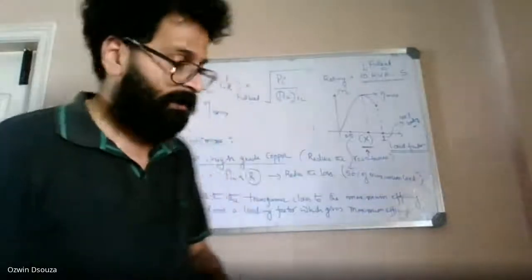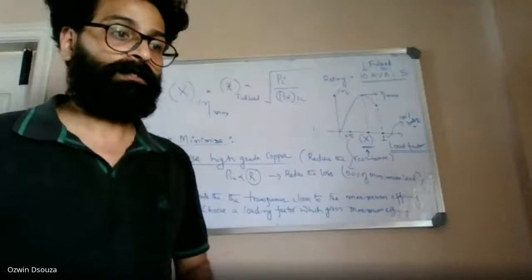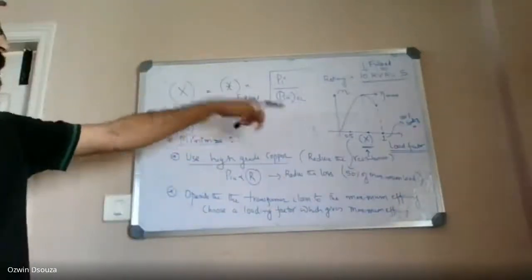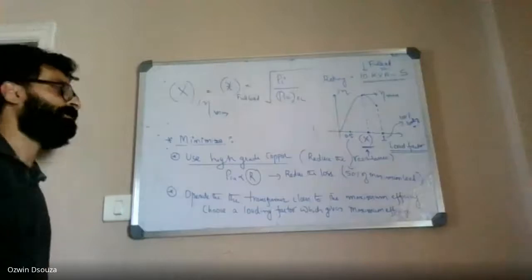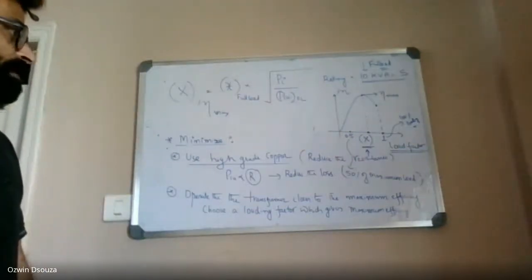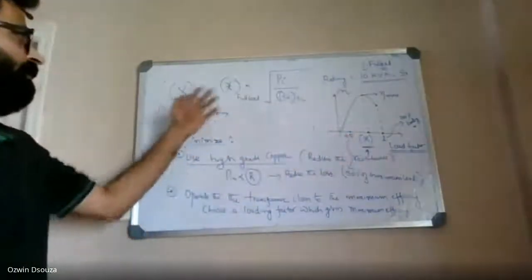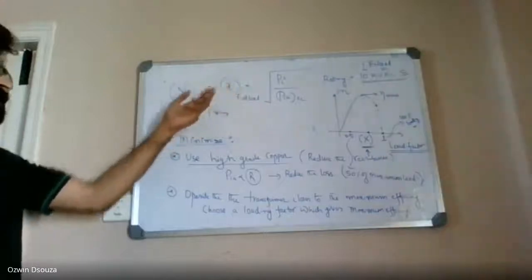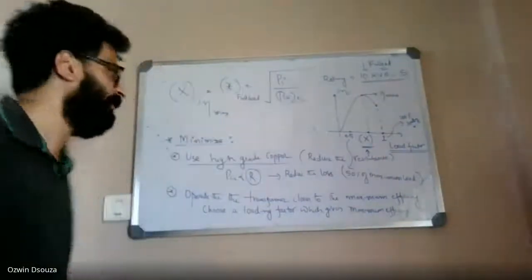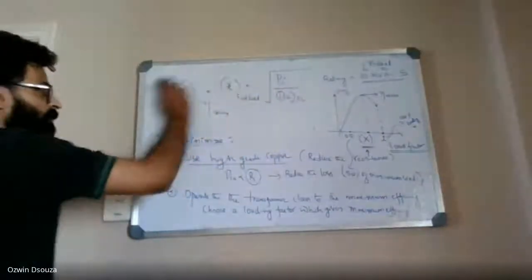I'll discuss maybe in the next class or in the subsequent week. All right, so we can derive this formula. We'll talk about it sometime later, because don't be under an illusion that someone will give us the X value. The X value can be found using this formula, and there is a concrete derivation to obtain this formula as well. So you can find the value of X using this formula.